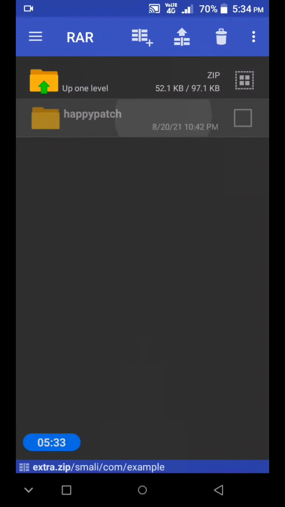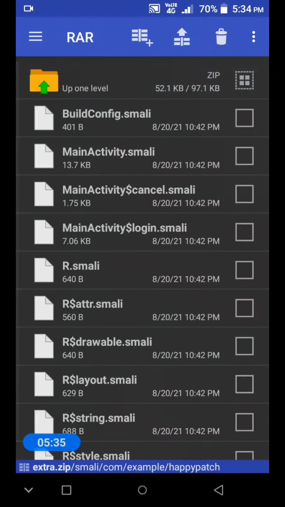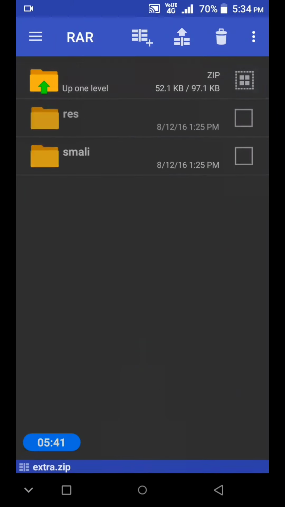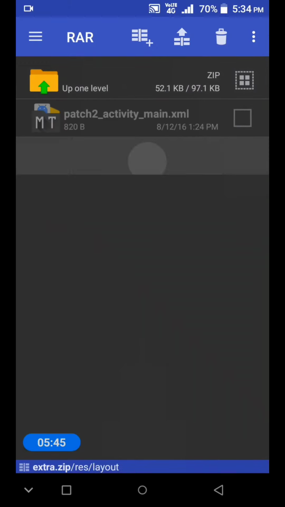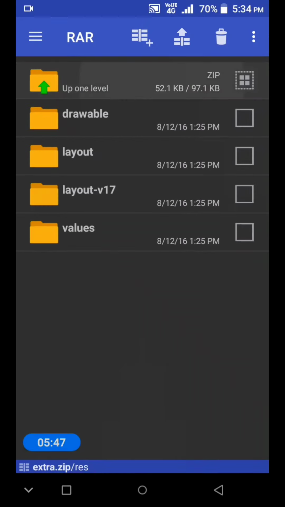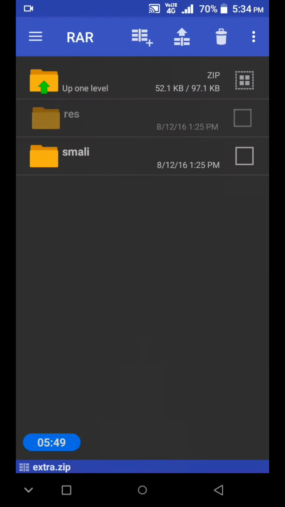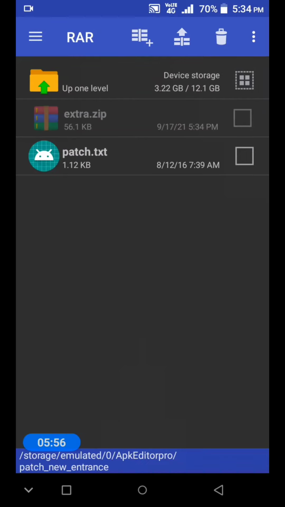Now you can see the happy patch is pasted, and the files are also pasted, and the main activity is also present. We do not require any of these resources, but let's keep them. It is not a problematic issue for us, so let's keep it there.